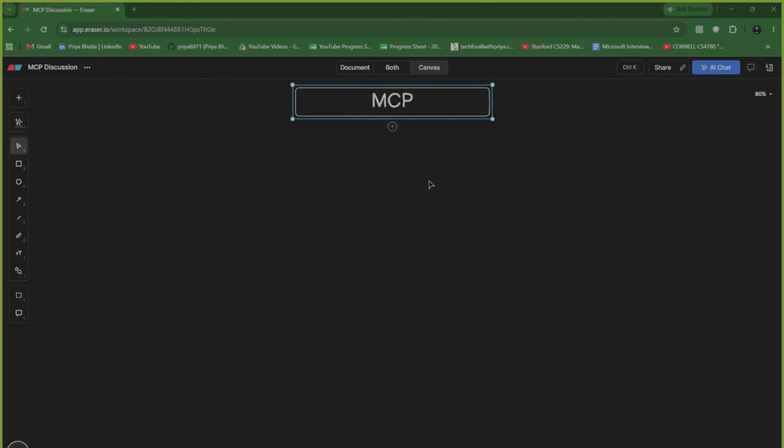With that, let's get started. The full form of MCP is Model Context Protocol. Okay. Now,